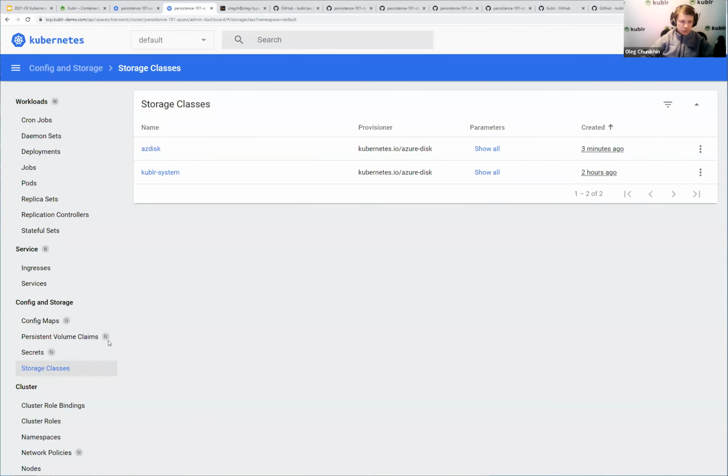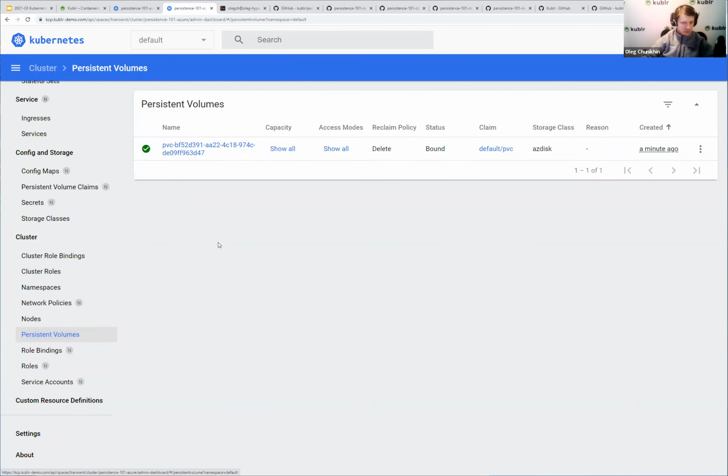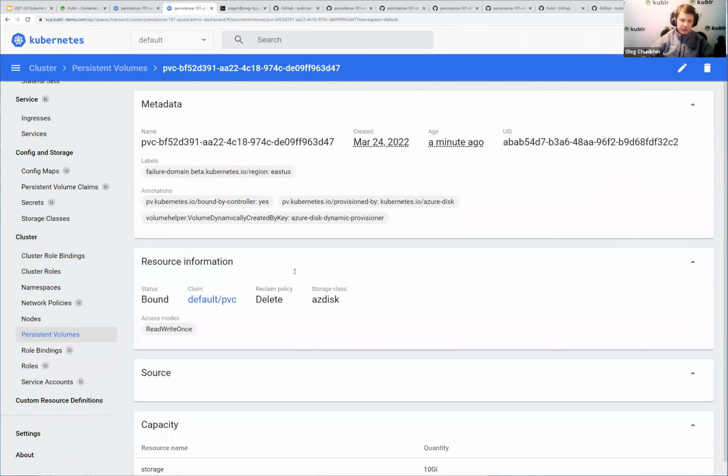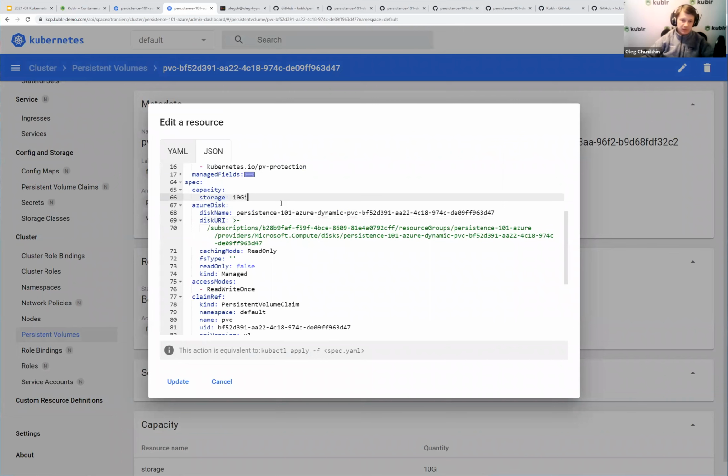Similar situation we should see in Azure. In Azure, we also see our persistent volume claim, and a persistent volume has been already created for that persistent volume claim. And if we take a look inside and check its specification, we will see that it's a little bit different structure,